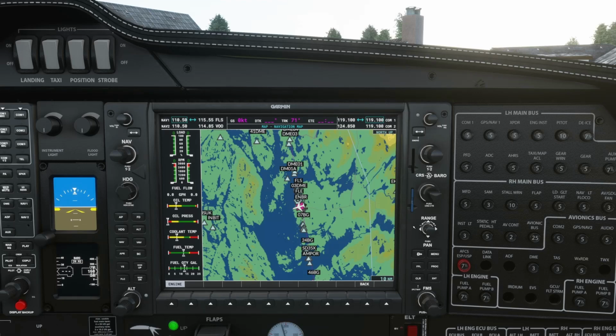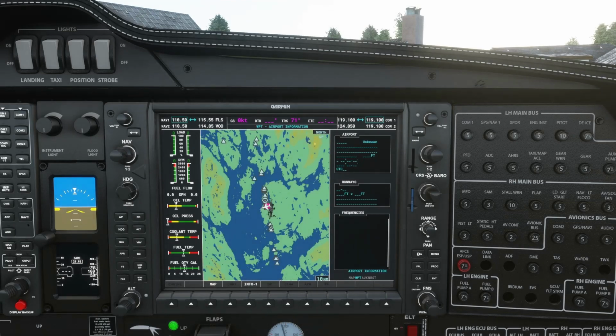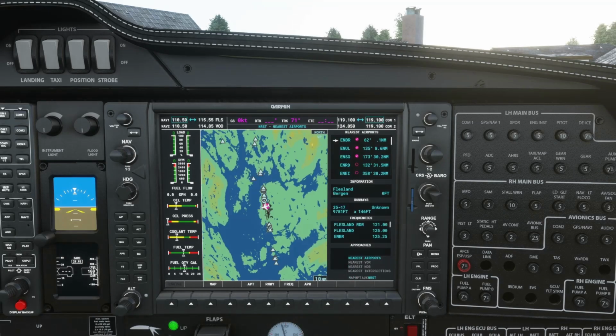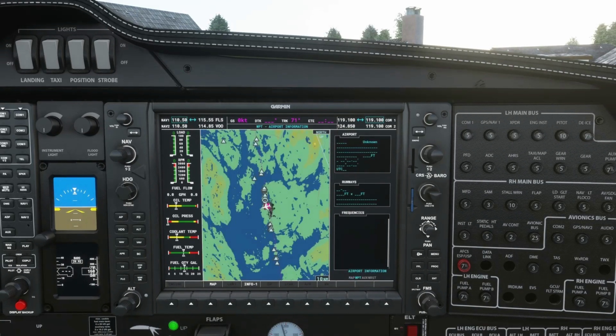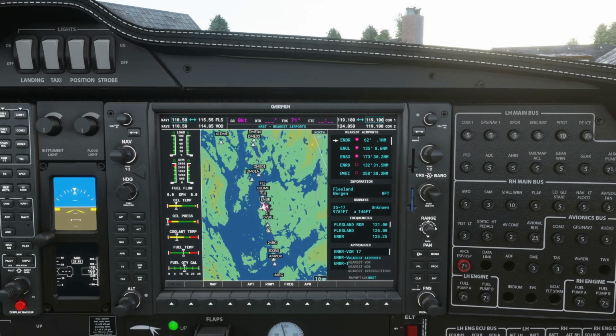Okay, now let's try and create a simple flight plan. All right, so we already know how the Direct To works. Just to show you with this screen, we've already looked at this. Now to actually get back to the map screen, you have to think of this in terms of layers. So this is the base layer, for example, and all these would be part of the base layer as well.